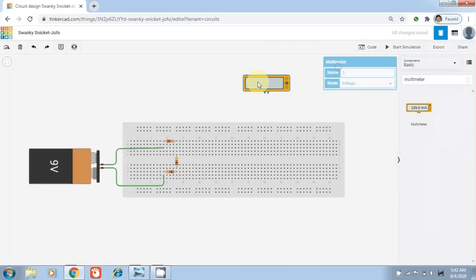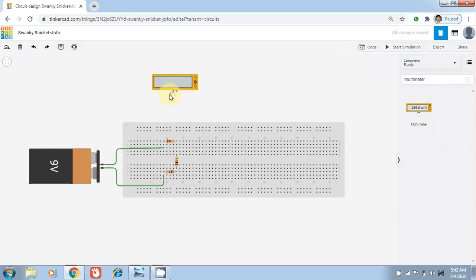So we connect a voltmeter because we are performing experiment KVL. We want to measure the voltage of the circuit, so we connect the voltmeter in parallel.